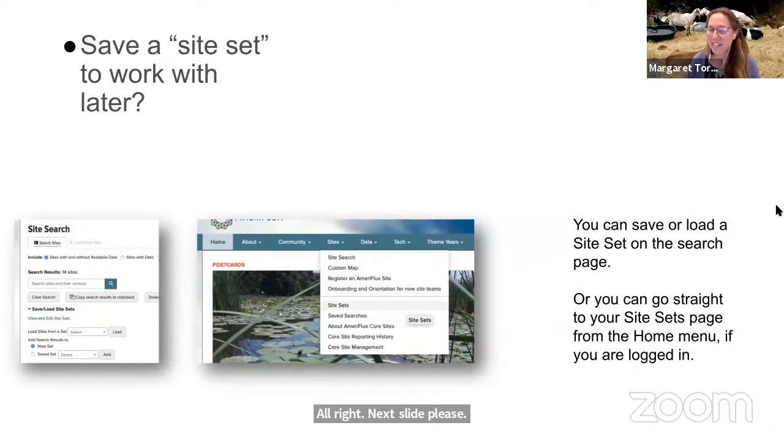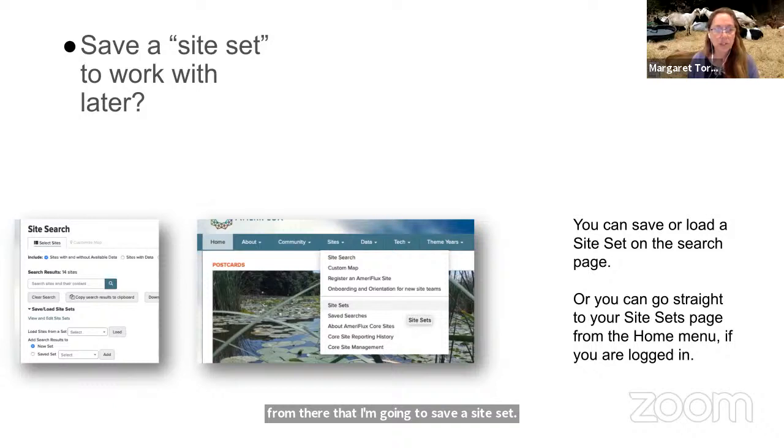All right, I mentioned site sets. And again, I know this is fast, but this is an invitation to you to explore our website and web tools. So if you look at the left-hand image here, this is just a cutout from that site search page. And one of the options that I had was to save or load a site set. So I like my 14 original methane sites, and I want to save it and be able to come back to that. So I select from there that I'm going to save a site set.